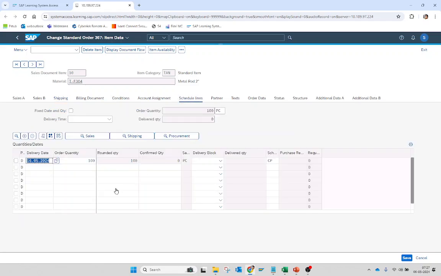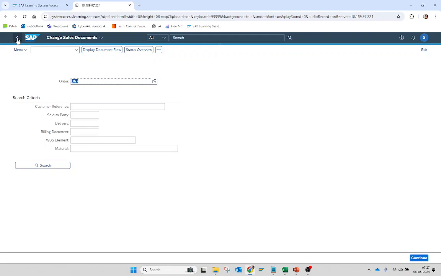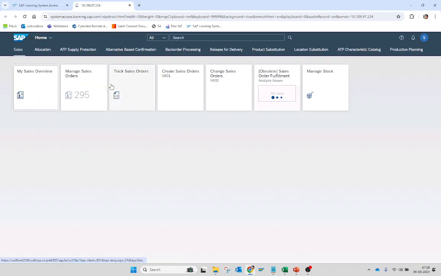But if I go now, I can see that the confirmed quantity is 0. So system has taken away the quantity from the confirmed order and allocated the quantity to the order which qualifies or which meets our selection criteria in the backorder processing segment or